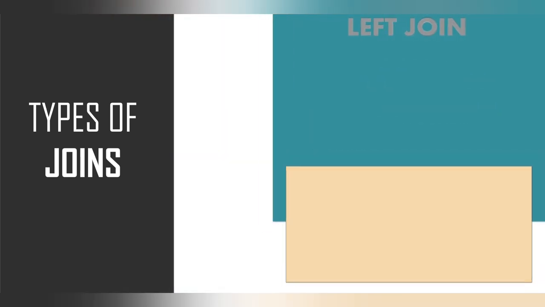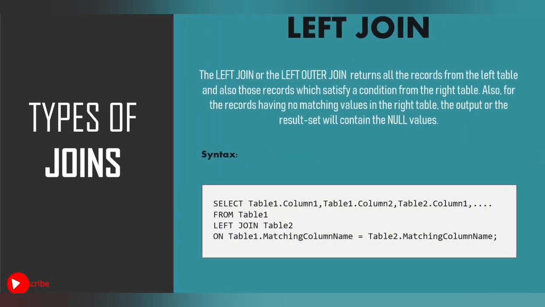Now let's move forward to our next type of join, that is the left join. As you can see on the screen, the left join or the left outer join returns all those records from the left table and also those records which satisfy a condition from the right table. So if you consider table A and table B as two tables on which you want to apply the left join, then table A would be considered the left table and table B would be considered the right table. And when you apply a left join on table A and table B, you'll clearly see that all the records from the left table would be retrieved and also the records which satisfy a condition from the right table